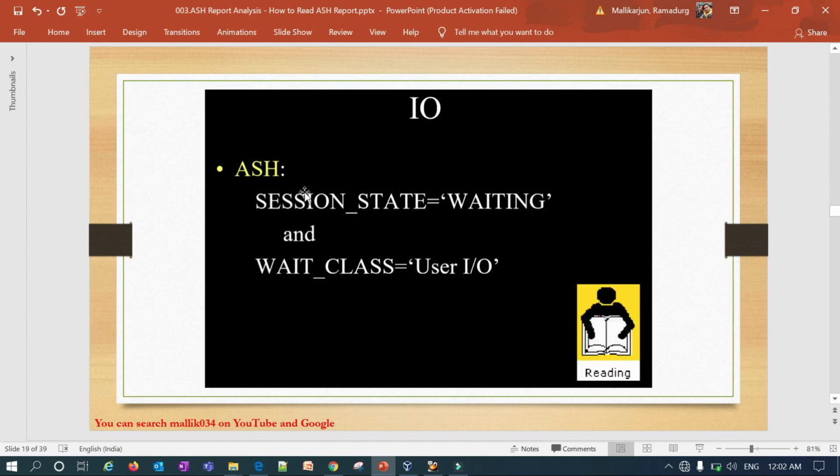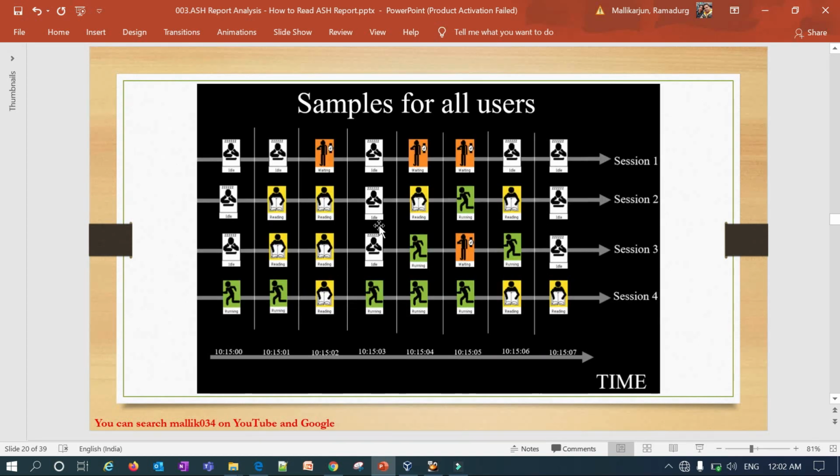And IO is reading. You can see session_state is WAITING and wait_class is User I/O. If you query this where condition, you will see the running state or reading state of your user session.